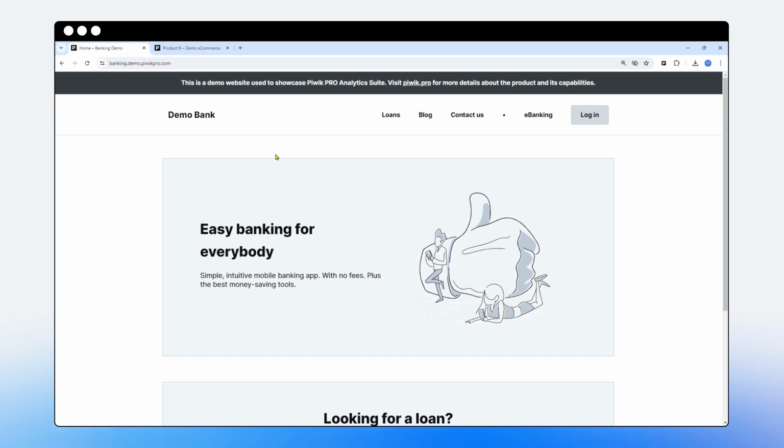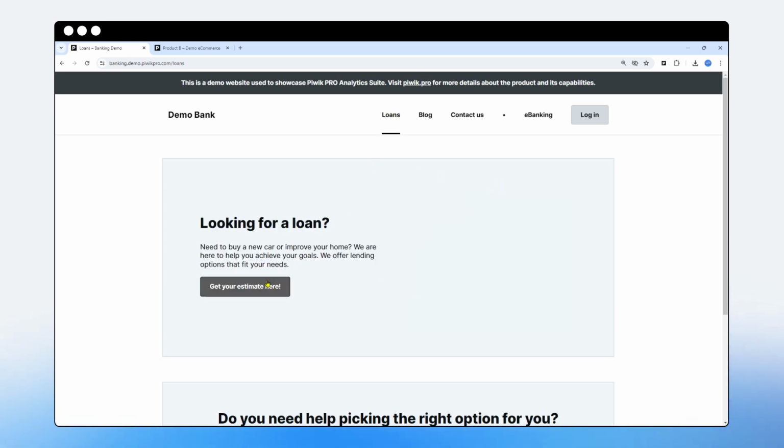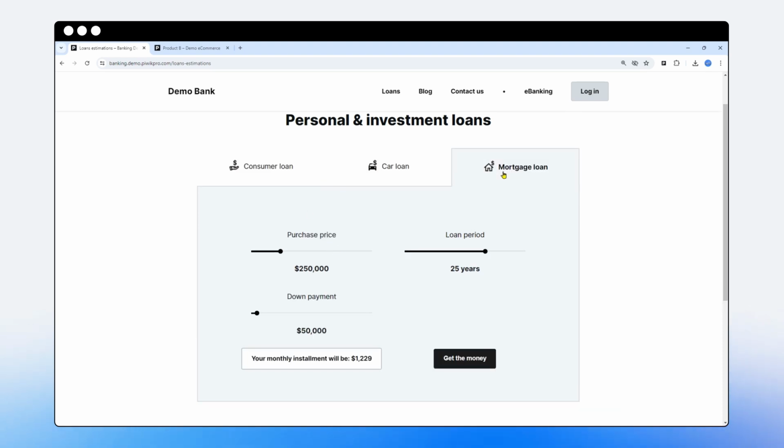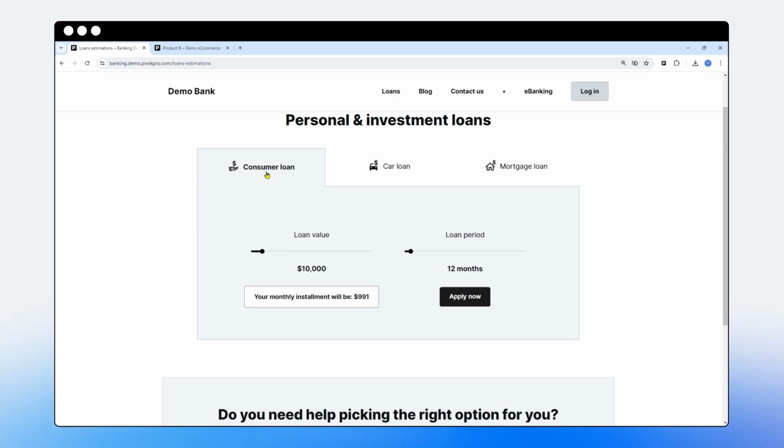Okay. To make it less abstract, let me give you some examples of custom dimensions using our demo website. So this is a banking demo website, a fictitious bank website, and we could be tracking a few examples of custom dimensions like login status, to, let's say, be able to see how many logged-in sessions we've had in any given date range. A visitor might be going through some sort of process of applying for a loan, and we could be checking the loan type, car loan, mortgage loan, or consumer loan,